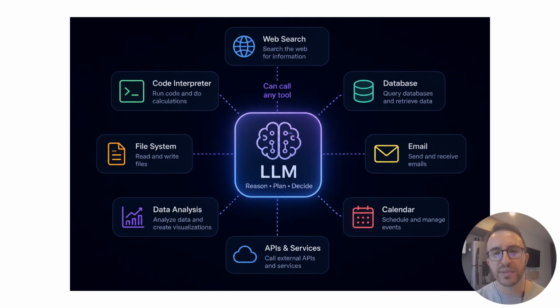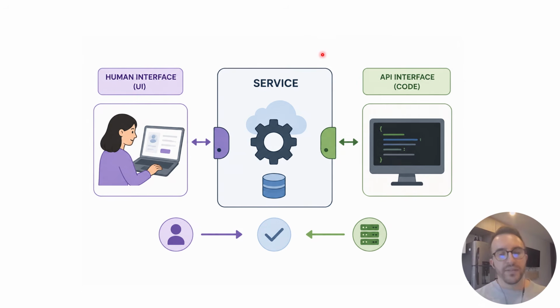So how is that possible? The first thing you need to understand is that, as you go about your day and you use your computer, you're using a bunch of services. I don't know, let's call it like Excel is a service, PowerPoint is another one, Gmail is another one, Dropbox is another one, YouTube is another one. And you're using the human interface or the user interface to interact with all of these services and all of these tools. But all of these tools also have an application programming interface, an API, and it's a way to interact with that service or that application through code.